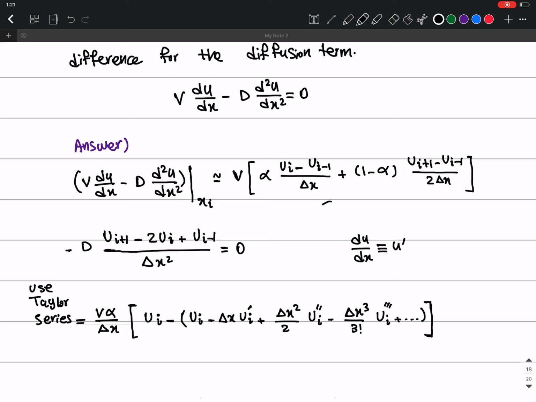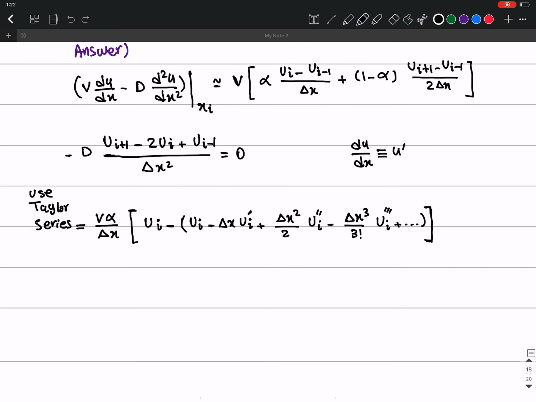So this is the first term, which is this one, right? I just wrote it here. So let's go to the second term, which is this one. So I'm going to write it as plus v1 minus alpha over 2 delta x